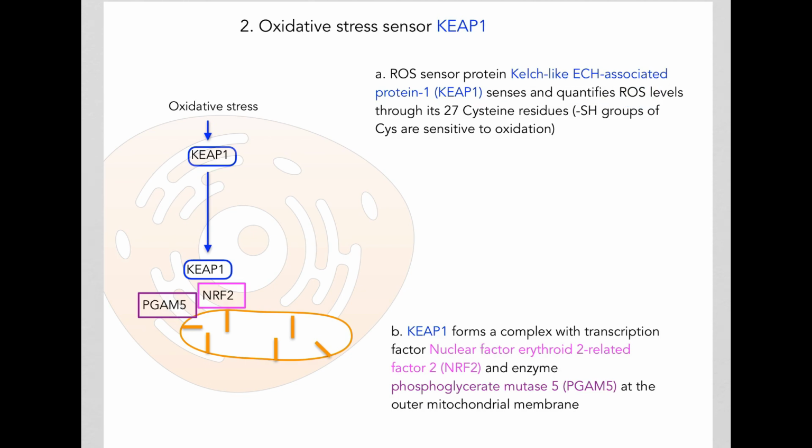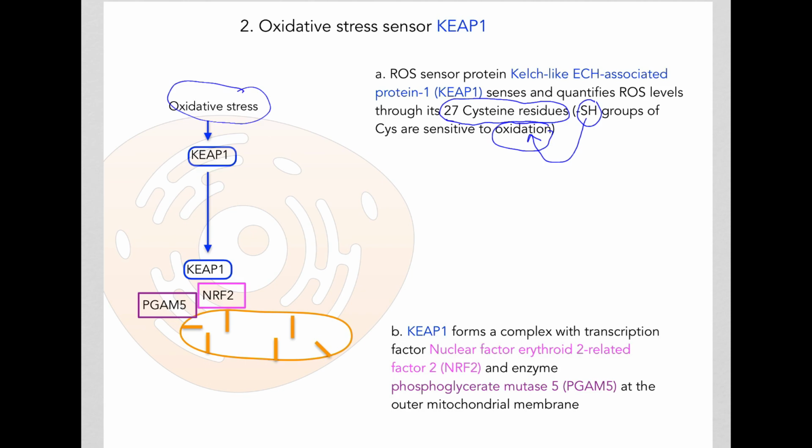This is because KEAP1 has 27 cysteine residues. And remember, cysteine has the sulfhydryl group, and this sulfhydryl group is sensitive to oxidation. So by sensing the amount of oxidative stress, the amount of ROS, this protein can actually change shape